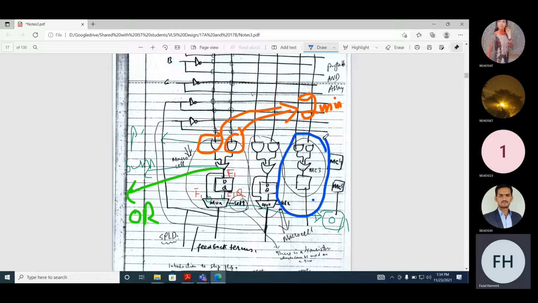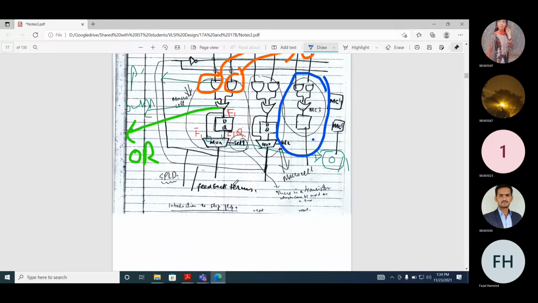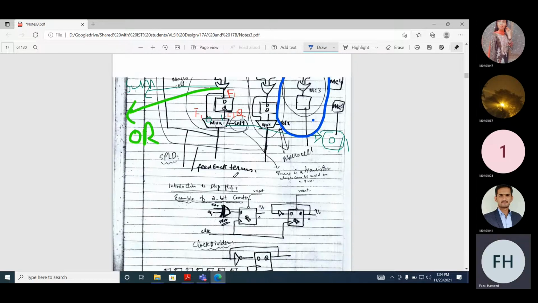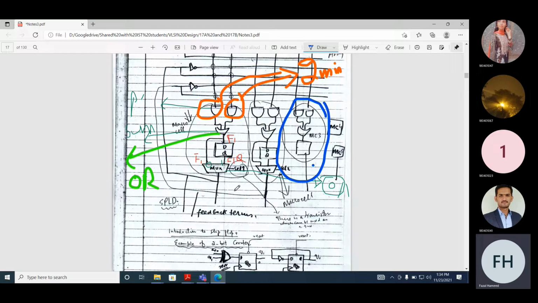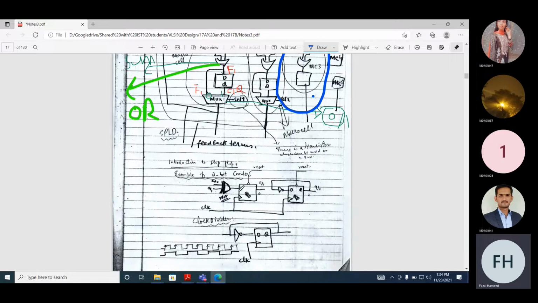So this one structure is a macro cell. Let's assume this is macro cell 1, the second one is macro cell 2, the third one macro cell 3, and so on. So it is a macro cell.